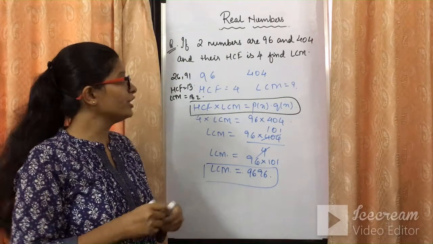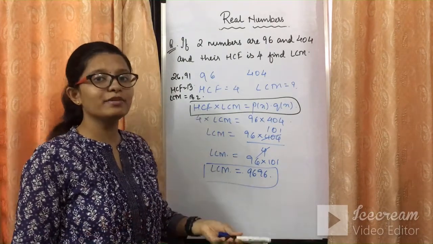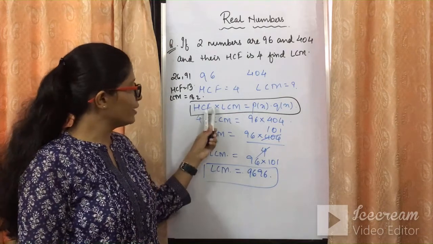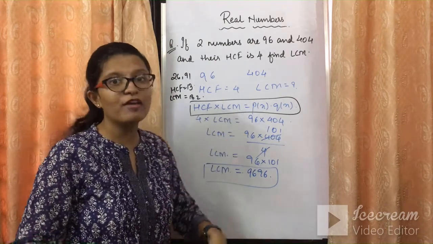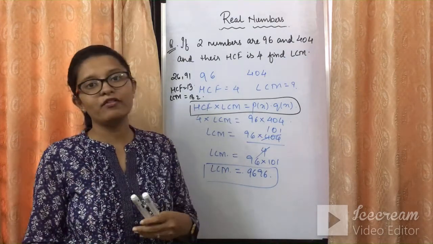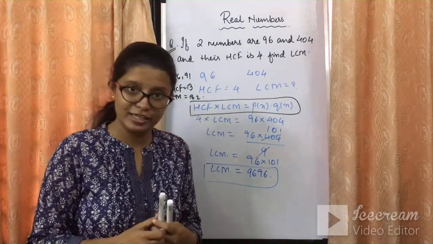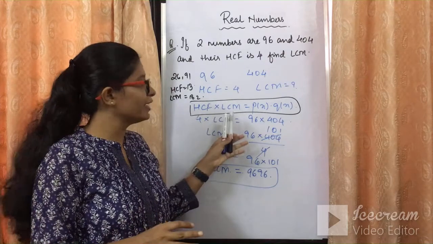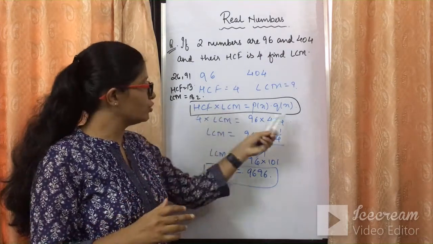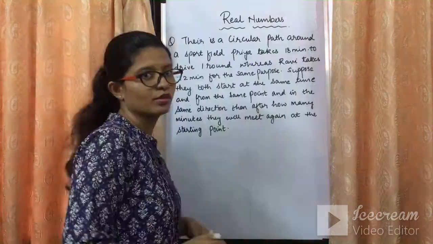So it is very important when HCF is given to you or LCM is given to you and the unknown is one of the other. और कभी कभी ऐसा भी होता है कि आपको HCF LCM दोनों दिया जाएगा and they would have asked the numbers कि ये कौन से नंबर का है. In that case one number will be given to you and one number you need to find it out. So three informations will be given to you and need to find it out one unknown. So I hope the how to use the relation must be clear.